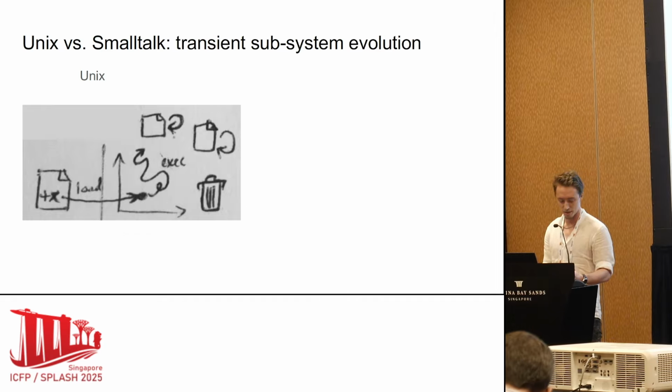What happens when we execute a file in Unix? Let's assume for simplicity that it's an ELF binary. Unix creates a process. It then loads portions of the binary file into process memory and starts execution from the entry point. From a dynamical systems viewpoint, this process is its own evolving subsystem. Just like a file is a subsystem of the persistent part of Unix, a process is a subsystem of the transient part of Unix. It's prepared in its initial state by the loader, and then it's set off evolving over time. And as we said earlier, part of this evolution can involve writing to persistent files.